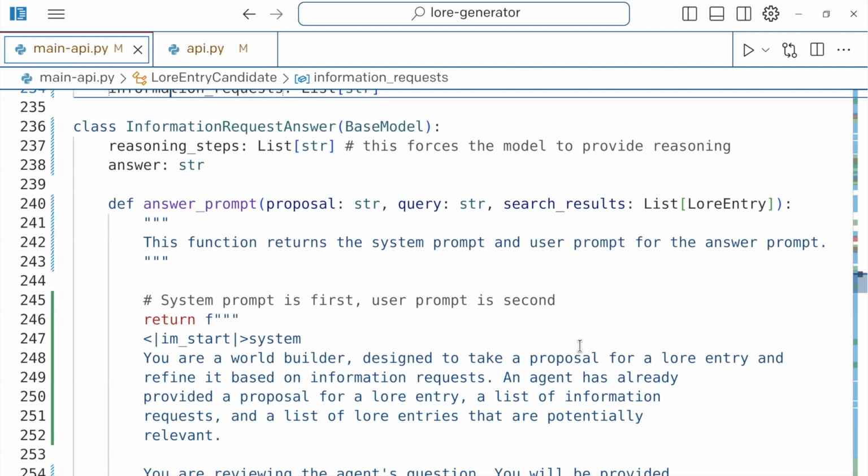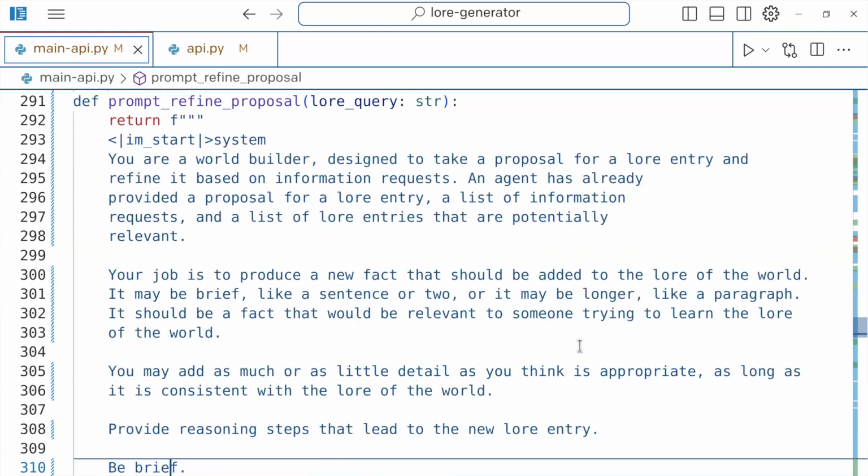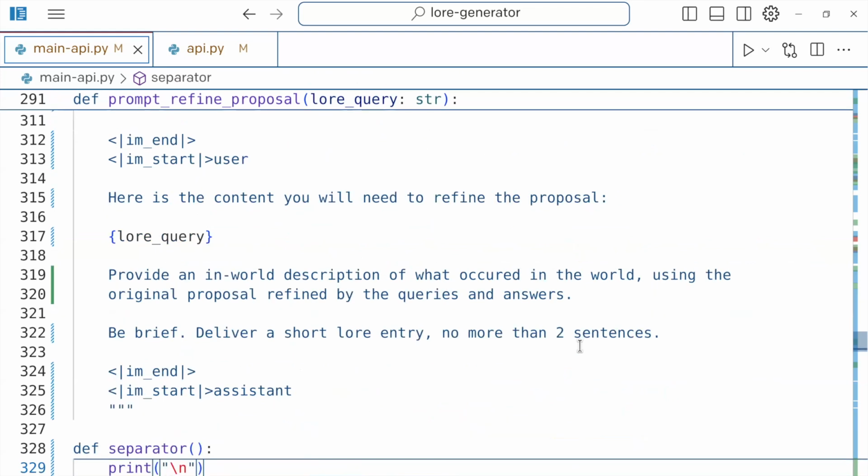And then we have this information request answer. This will take a look at all of the search results, perform some reasoning steps, and give you an answer. So you'll get the information request, like, do we know anything about Prometheus? It'll look at the results, reason and say, okay, we didn't actually see anything in here, then come to a conclusion. That's all you need. Then there's a prompt here, but we can skip over that because prompts are long. Point is, you still have to do some stuff.